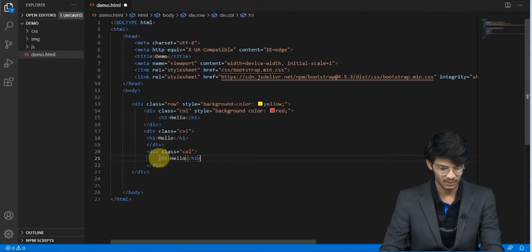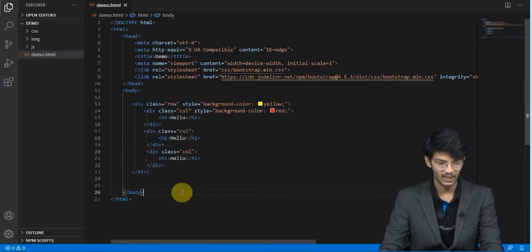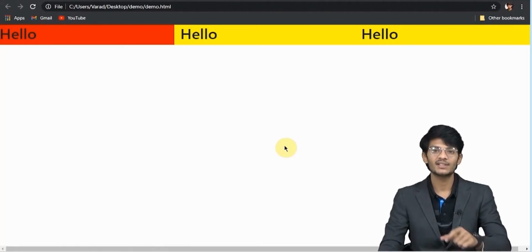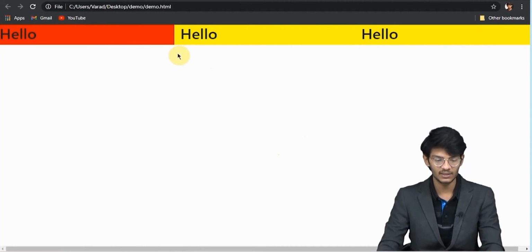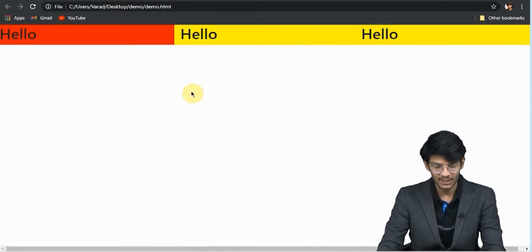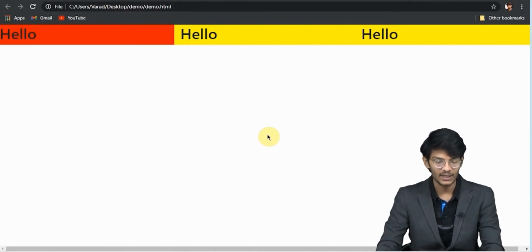Let's give h1 in each of these columns. Okay, so let's save it and see it in the browser. So what you can see is the yellow part is a defined row. You can see this whole yellow thing which is the row, and the red part which you can see here is a defined column in that particular row. We have defined 3 columns, and these 3 columns have arranged themselves. We don't have to do any other CSS work.